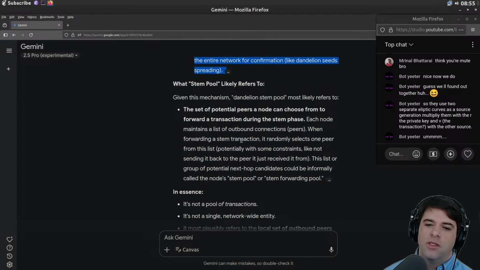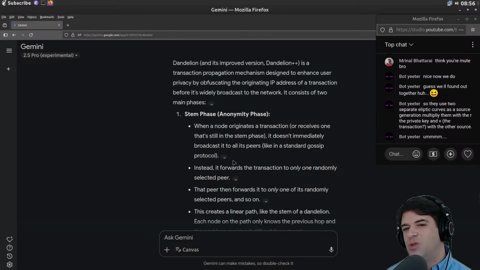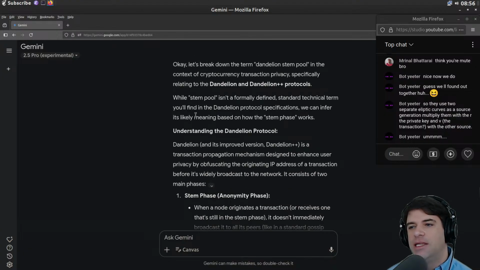Okay, so this sounds kind of strictly weaker than something like Tor. We're not really going to hide the IP address if you have enough nodes. If you own enough nodes in this dandelion network, then you can just track everything.